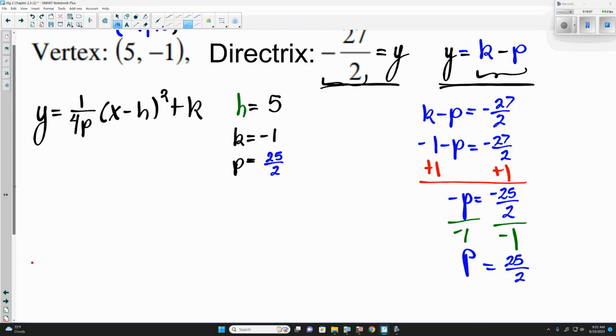But just like the previous problem, we still need to plug it back in. Because again, we're trying to find the equation. And to find the equation, we need the values of h, k, and p. And once we get those values, y is equal to 1 over 4 times p. Well, p is 25 over 2 times x minus h. Well, the h value is 5 squared plus k, and k is,